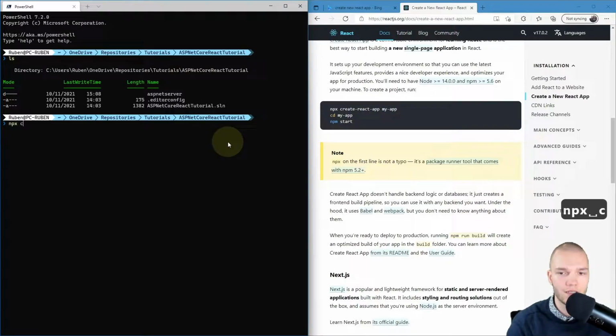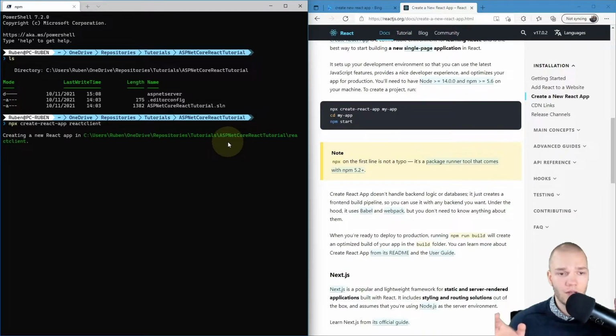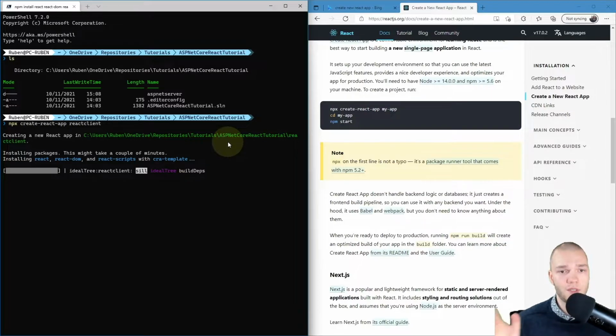So npx create-react-app, and I'm gonna name it react-client, and hit enter. And I highly recommend you use the same name as me to avoid bugs later on in the tutorial. And while that's creating, I'll just explain what npx is.